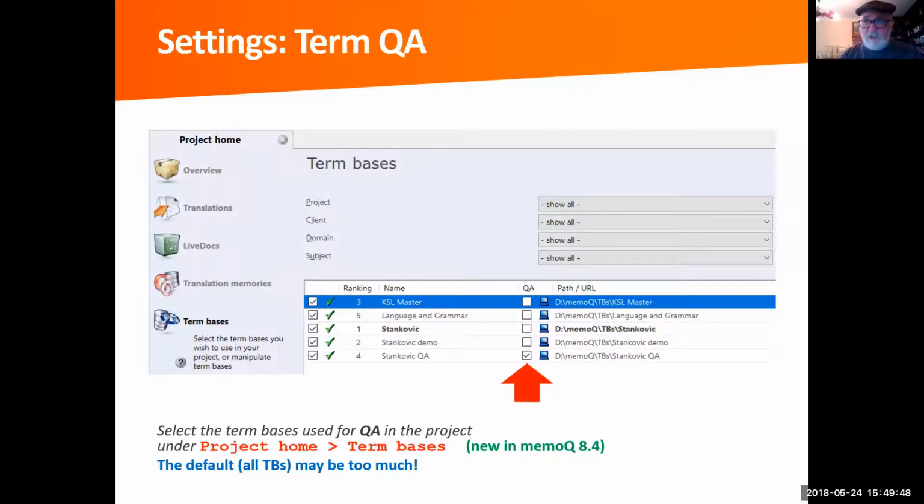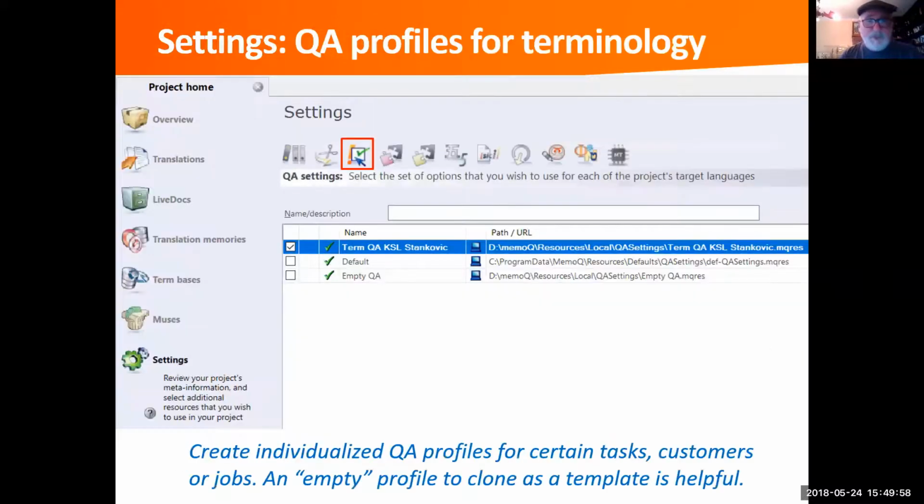Sometimes the settings on an individual term they use for QA are not the same as the settings that you would want when you're doing the translation part. So anyway, that's something to look forward to in memoQ 8.4. And also, when you're working with